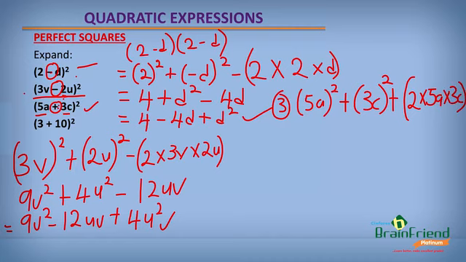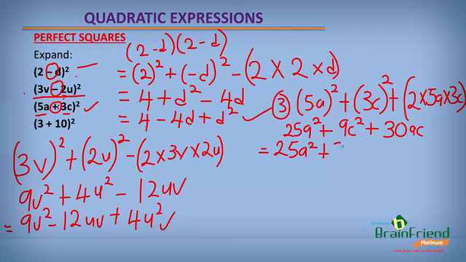So once we expand this, 5a squared means 5a times 5a. That gives us 25a squared, plus 3c times 3c is 9c squared, plus 2 times 5a times 3c gives us 30ac. Then we can rearrange it to be 25a squared plus 30ac